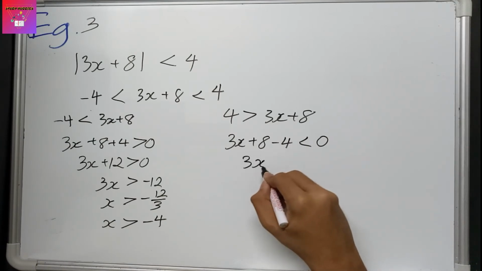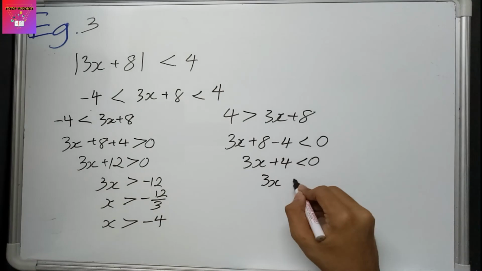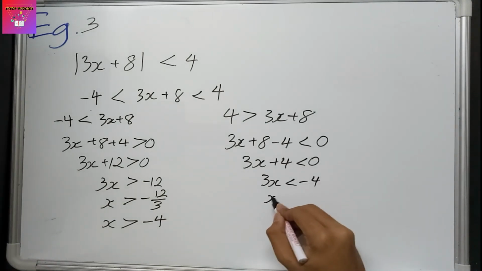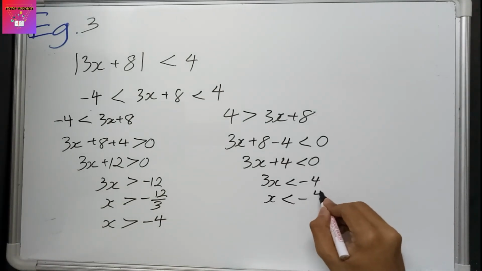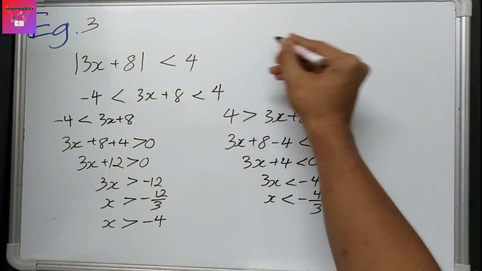So 3x plus 4 is lesser than 0. 3x is lesser than negative 4. x is lesser than negative 4 over 3. So since we have got these both answers, we can combine them, and after we do a number line, we